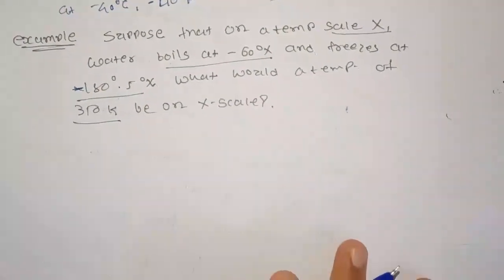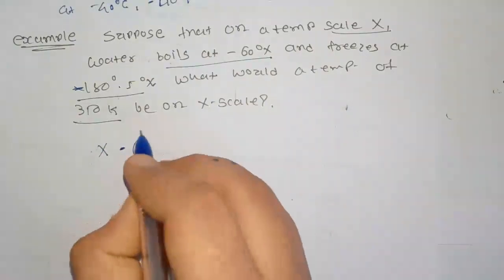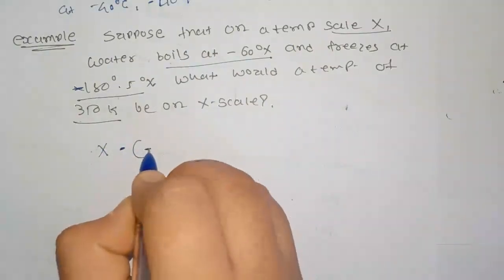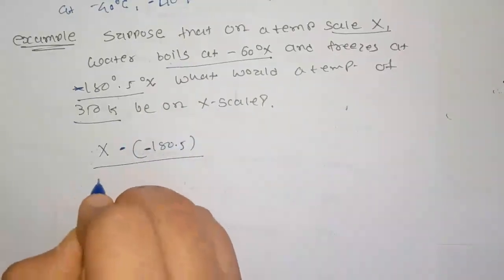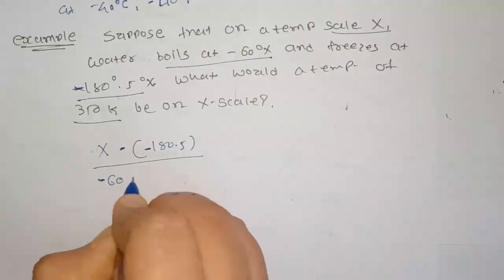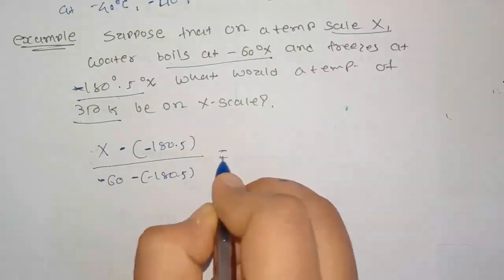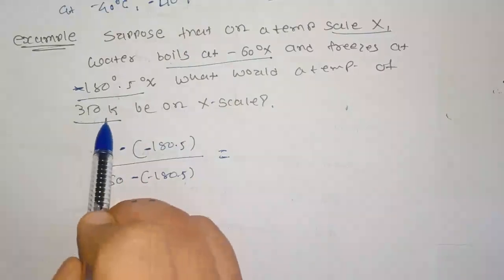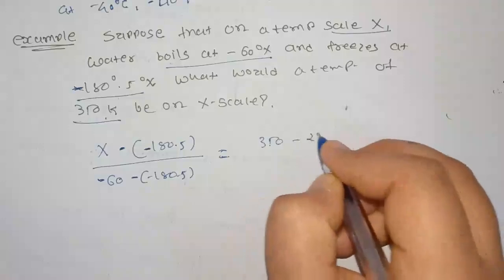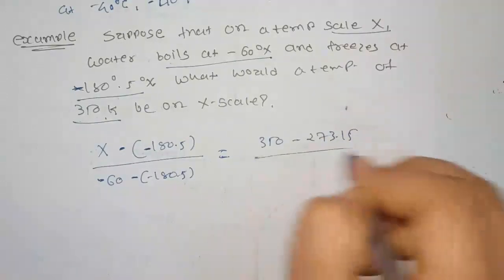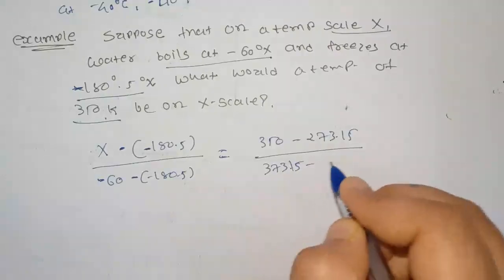For the unknown scale X, we can write (X minus the lower fixed point, that is minus 180.5) divided by (upper fixed point minus 60, minus of minus 180.5) is equal to, we want to find the value that is in Kelvin, so (350 minus 273.15) divided by